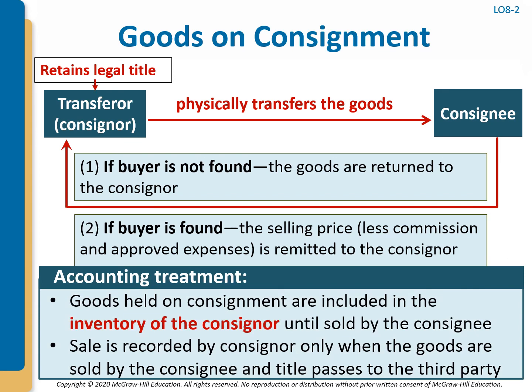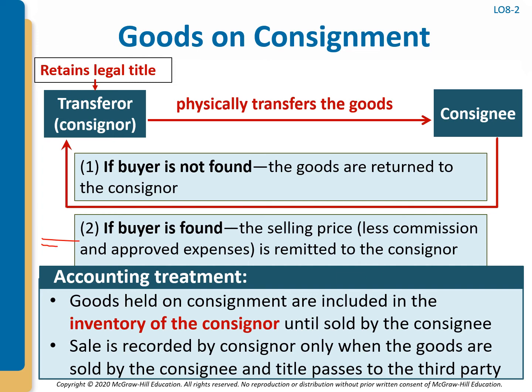The consignor transfers the goods to the consignee, and even though the consignee has physical control of the goods, it still belongs to the consignor. If a buyer is not found, the goods are returned. If the buyer is found,